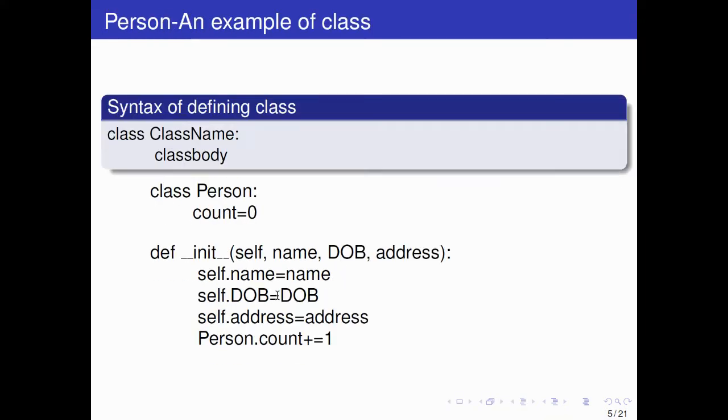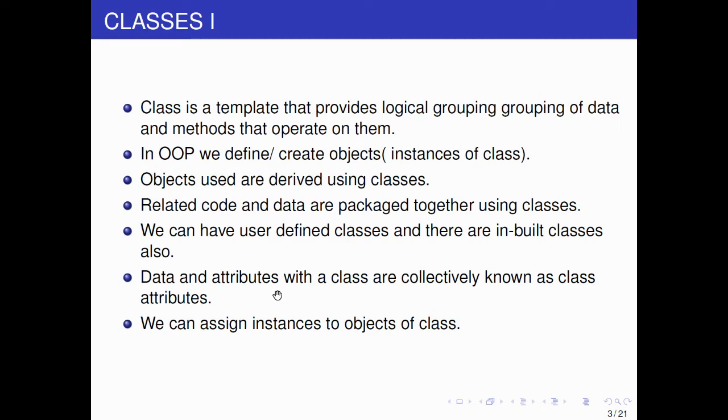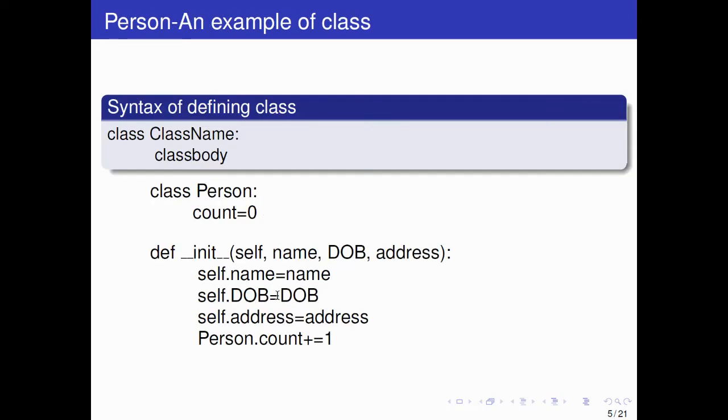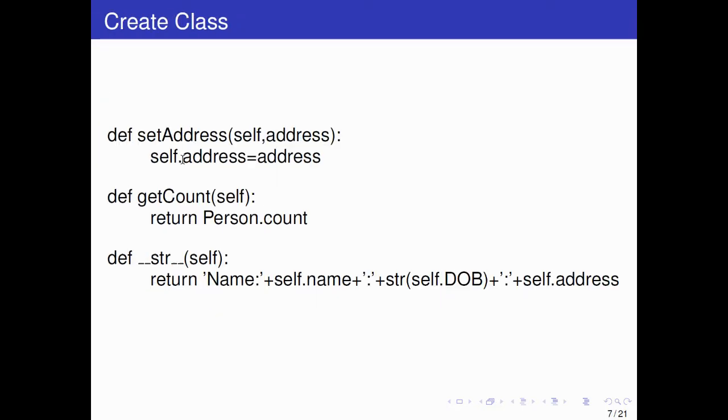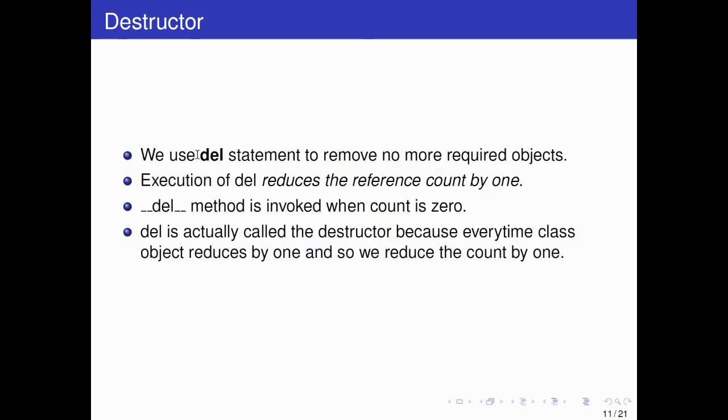So this chapter has the concept of what is a class. That was the introduction part. What is a class? Okay, and then you have the constructor. So what is the syntax of writing a class? Then we have the constructor, double underscore init double underscore. Then destructor, the delete operator. Okay.